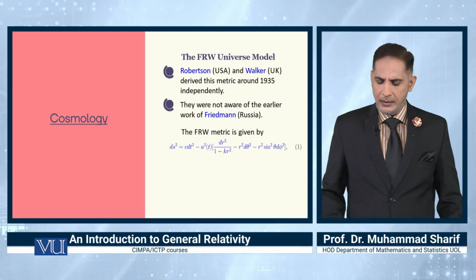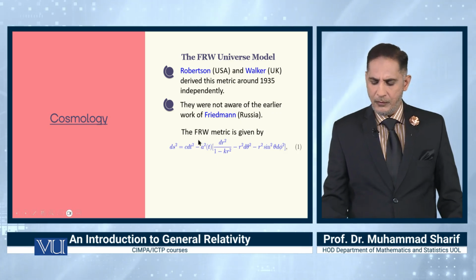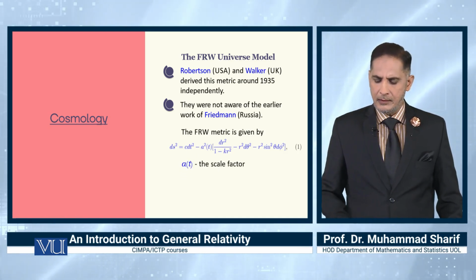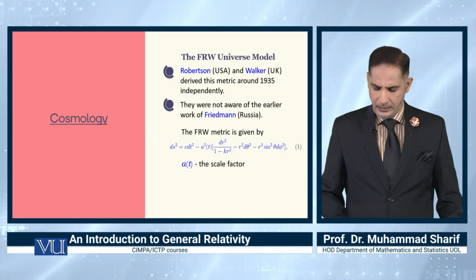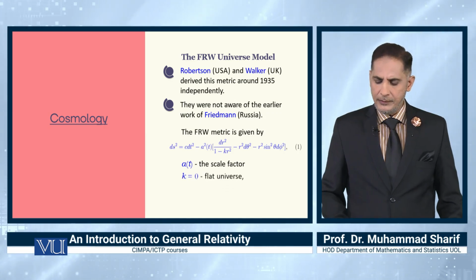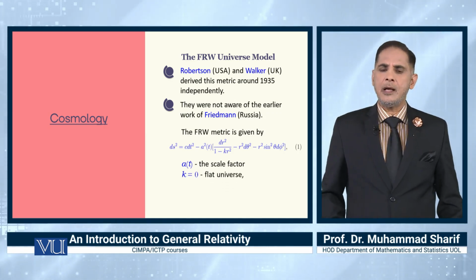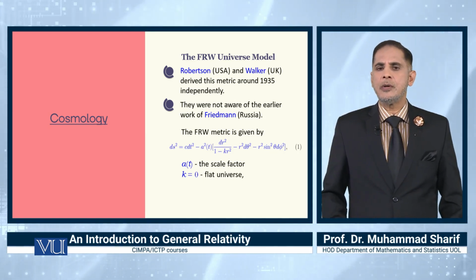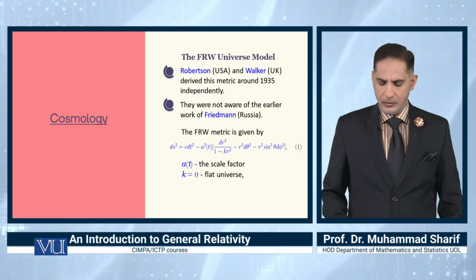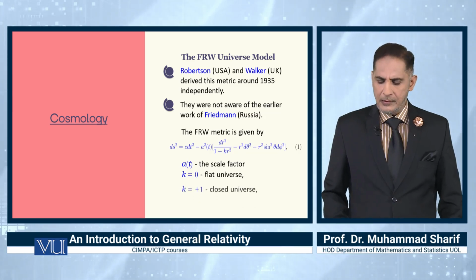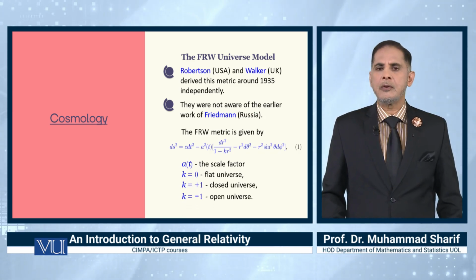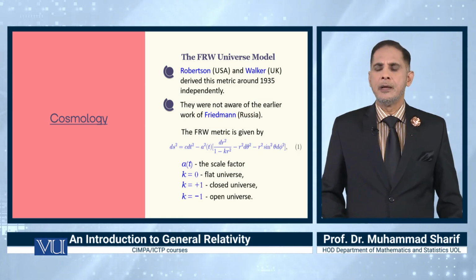You can see from here, this is the FRW universe model. Here K is the curvature and A is the scale parameter. K can be 0, +1, -1. When K equals 0, we have the flat universe model. When K is +1, it is the closed universe model, and when K equals -1, we have the open